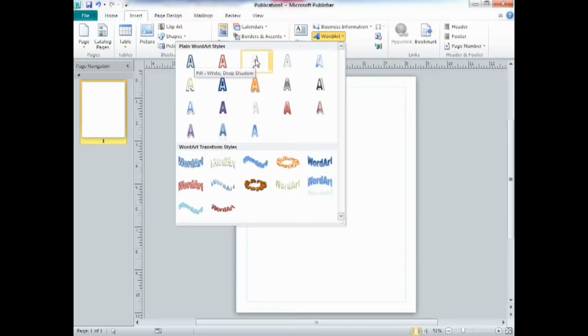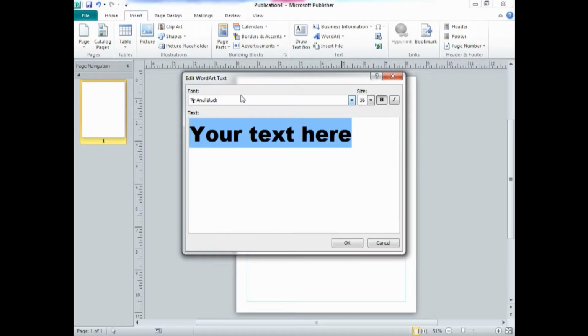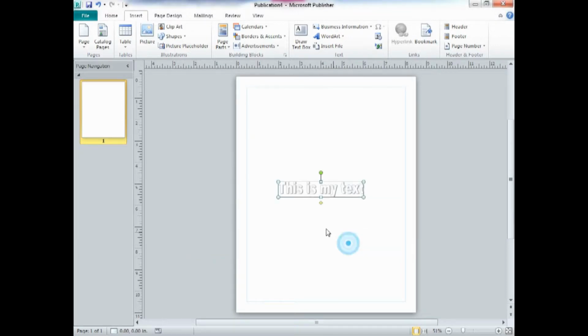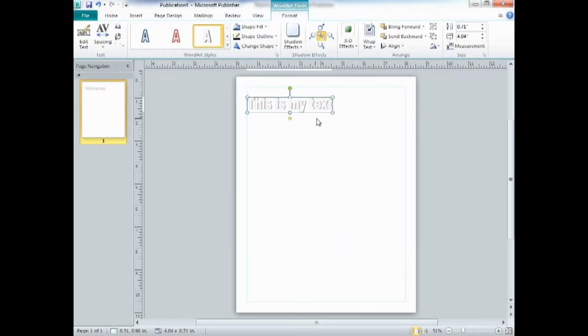ahead and pick any of these styles that you'd like. Type your text in. This is my text. Click OK. Resize this however you'd like,